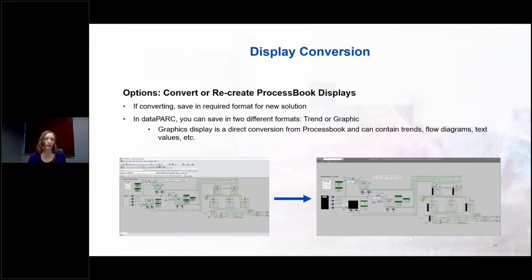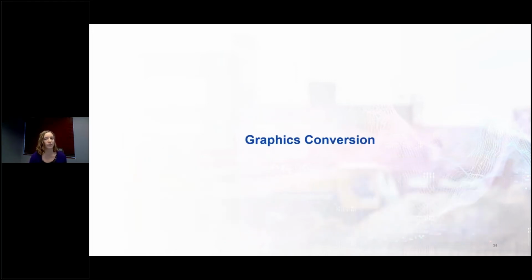That would be our trend and our graphics displays. Graphics would be the more obvious, analogous display to the ProcessBook displays. It's basically one-for-one. We get the same type of appearance, and those are the displays that include embedded trends, embedded clip art, process flow diagrams. Whatever you have in ProcessBook, we can convert so that it looks really similar or equivalent in the Datapark system. And so I'll show an example of what that looks like and the effort required to convert